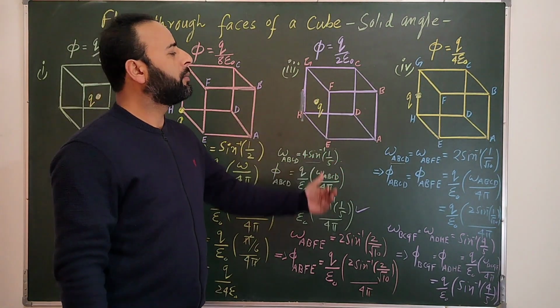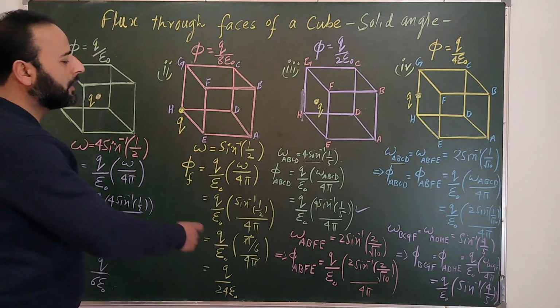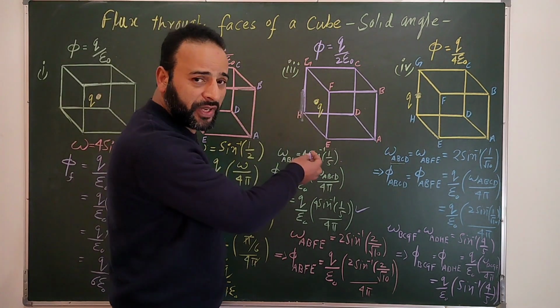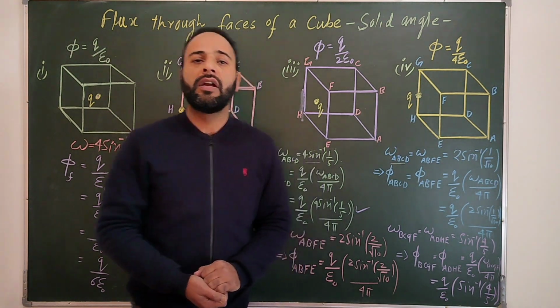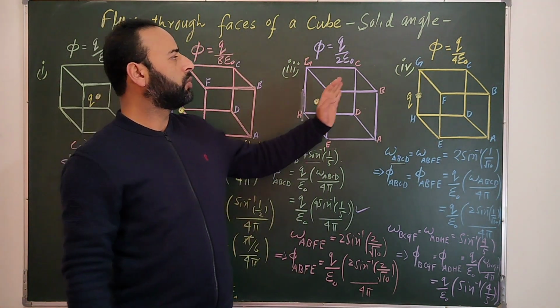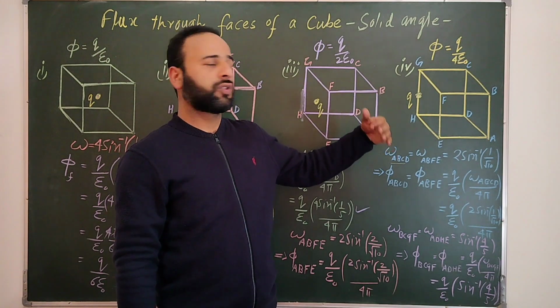So what you need to remember, only the solid angles subtended by various faces, and you can calculate what is the total flux through the cube and the flux through each